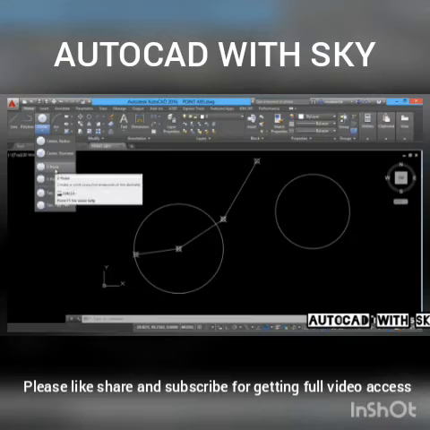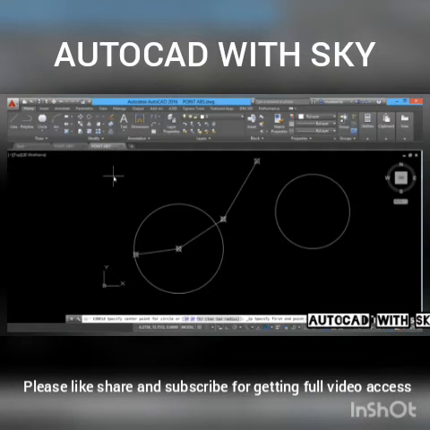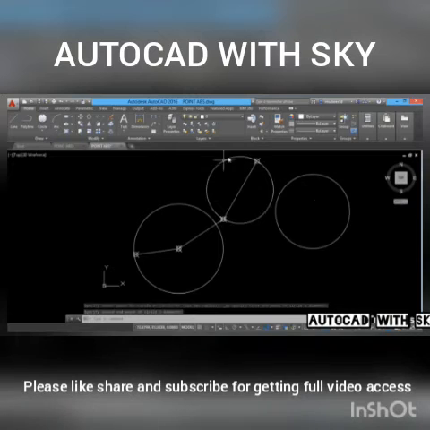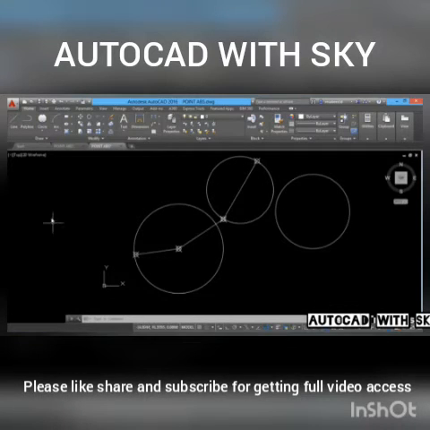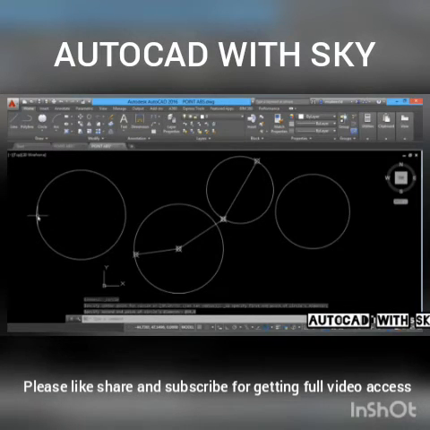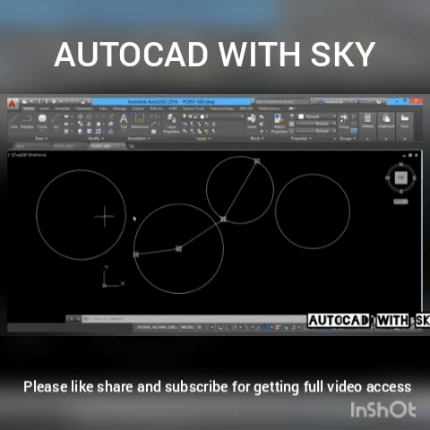Next we will see 2-point. The 2-point option will let you draw a circle passing through any 2 points on the screen. Suppose I want to construct a circle passing through this node as well as this node. So I have got such a circle connecting these 2 nodes. You can also give precise values to draw such a circle. So I'll click on 2-point again and I'll pick the first point of the circle here. And suppose I want the diameter of the circle to be 60 units. When I'm asked to give the next point, I can define that next point using relative coordinates. So I'll type @60,0. So the second point is at a distance of 60 units with respect to the first point, horizontally rightward.